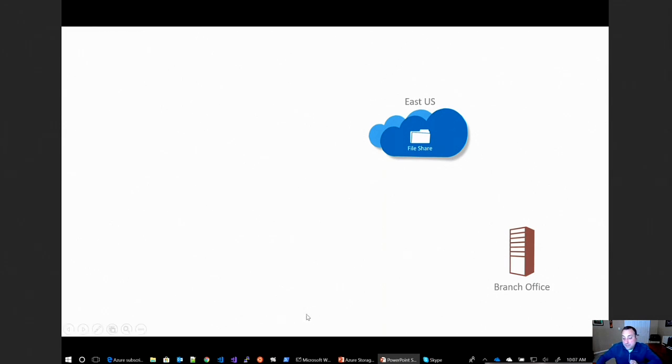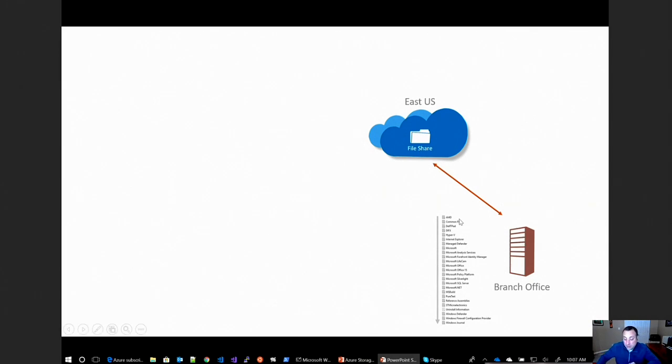So you can actually have your golden copy of data reside in Azure Storage, and the benefit there being, as you saw from the costs I pulled up, is that it's very inexpensive. And you can have a Windows server that you put a piece of software on that will pull down all of the metadata of this file share sitting in the cloud. By that I mean it doesn't necessarily pull down all the files. So if you have 100 terabytes of data in Azure Storage, it's not going to pull down 100 terabytes onto